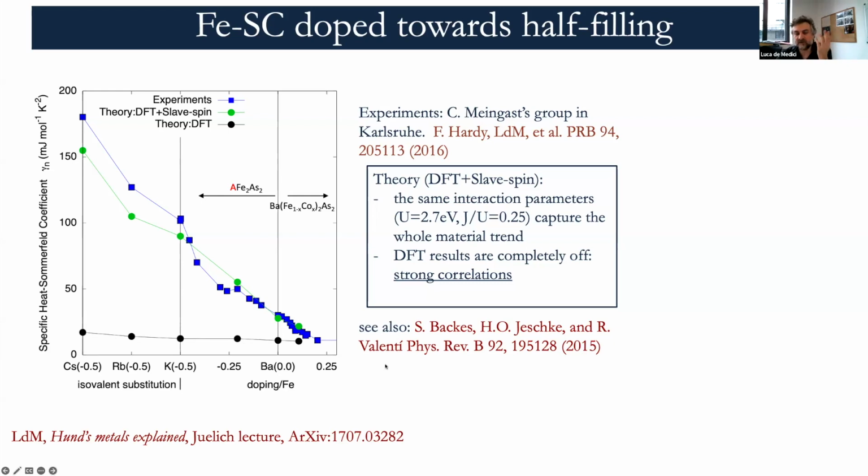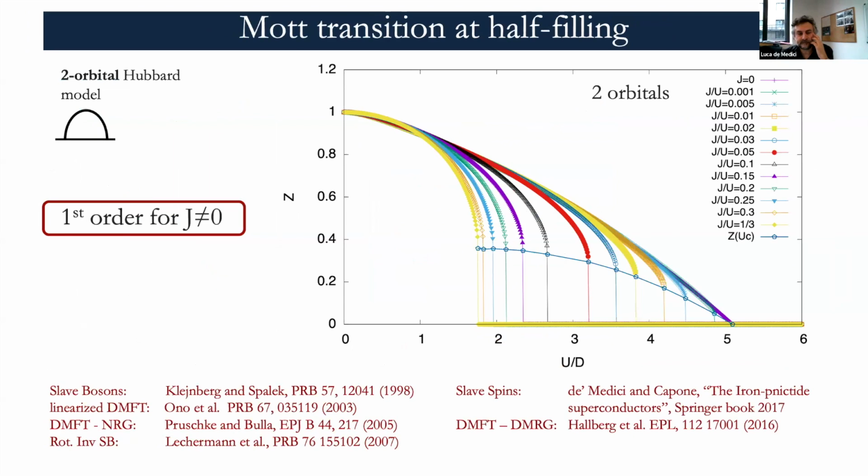So this really shows how, approaching the Mott insulator at half filling, you have an increase of physics which is entirely due to the presence of Hund's coupling. So we studied this transition at half filling and the neighboring filling, so the doped Mott insulator. One thing which was known in the literature is that as soon as you turn on Hund's coupling, the transition